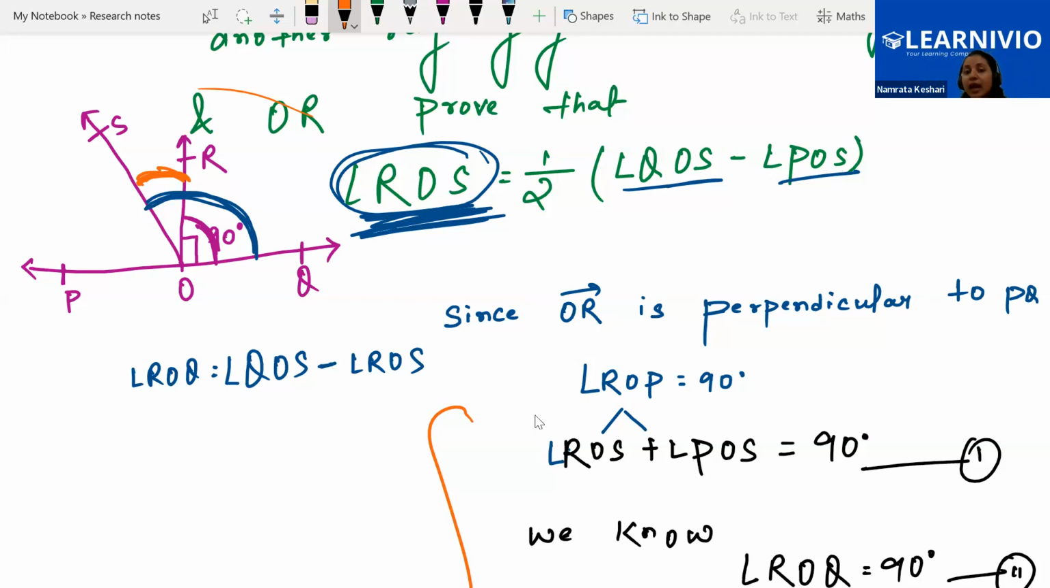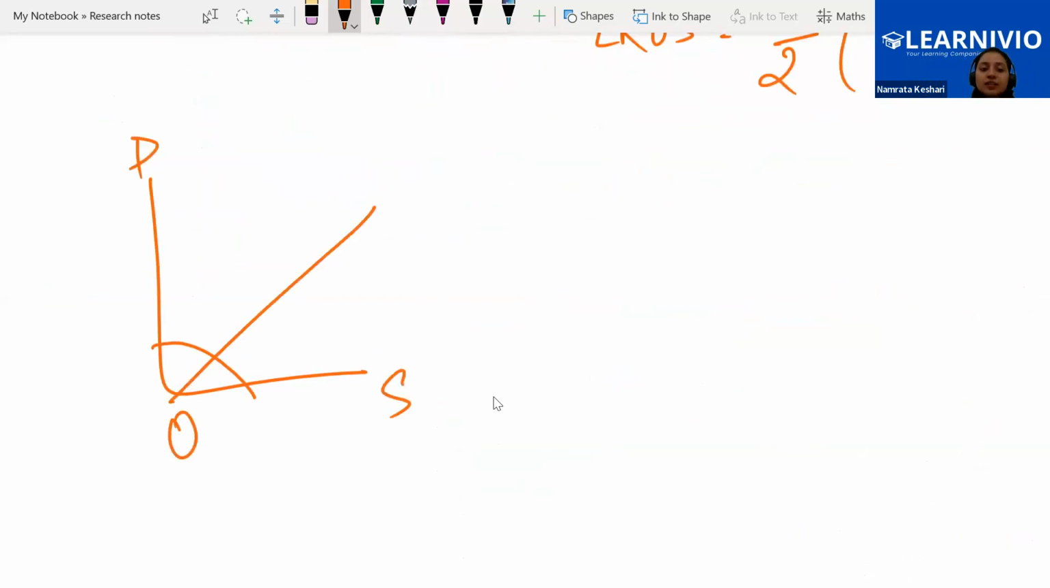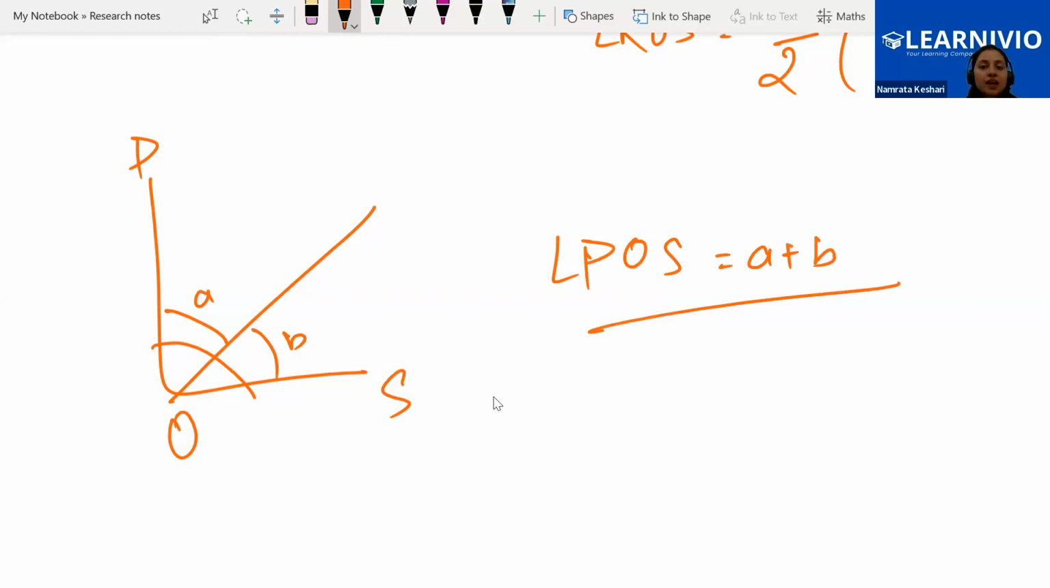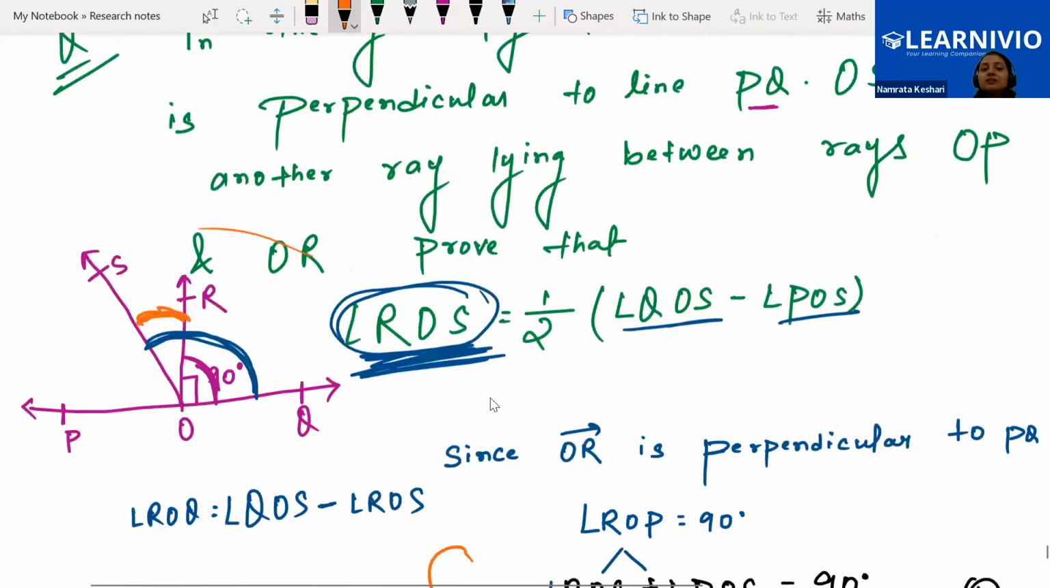If I'm telling you this is the complete angle, this is the angle POS, and this angle is A and this angle is B, can we write POS as A plus B? This one is very simple. If you have to break any angle like this, it is very simple. But if you have to break an angle like the way we did now,